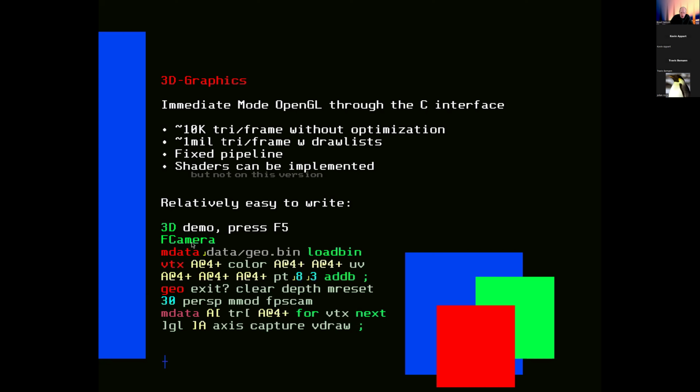And finally, you do a capture, and then you draw that frame, allowing you to combine, for example, 3D graphics and then text in front, because the 3D graphics are polygon based, but the text is immediate mode pixel based